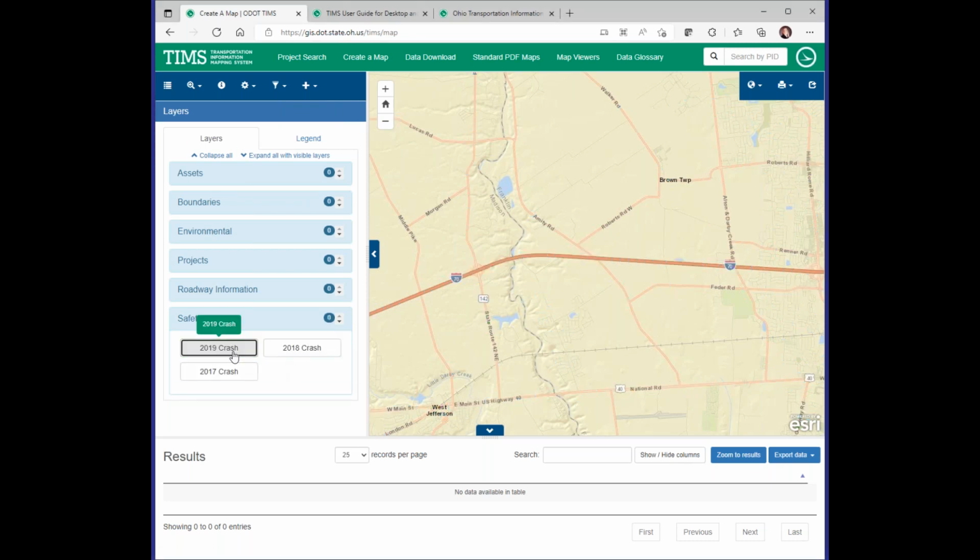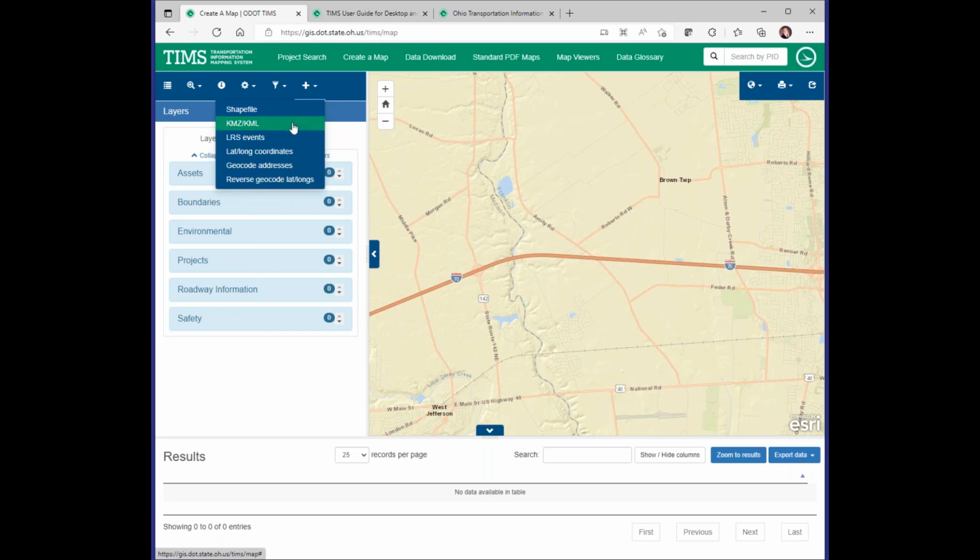Let's say you have a list of bridges already. We went through an example of generating a list of bridges by selecting them from the map. Say you already have a list of bridges and you want to view those on the map. Well, if you have location information included in that list, say you have a spreadsheet that will include NLF ID and log point or some coordinates, then we can add those into TIMS